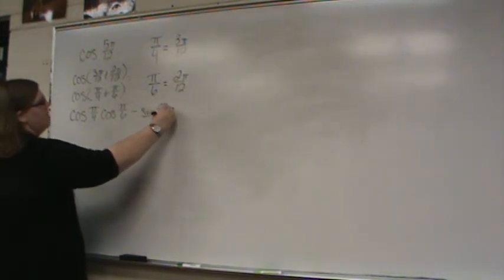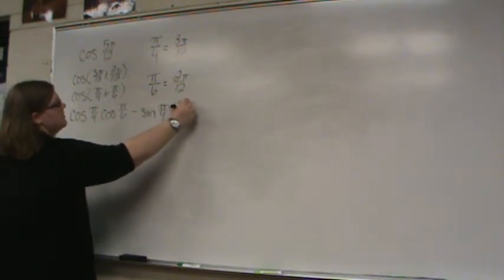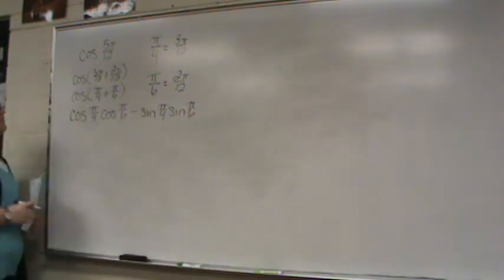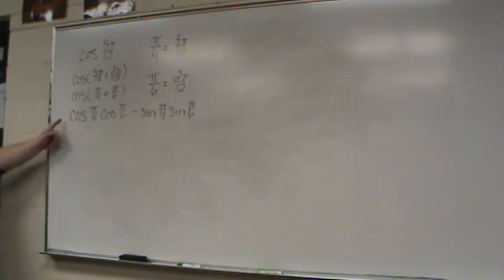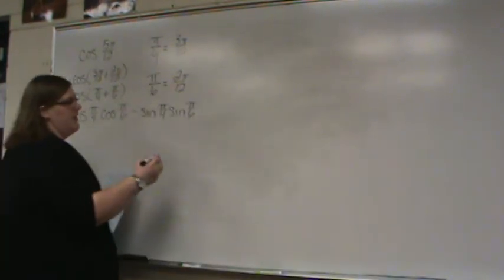Sine of pi over 4, sine of pi over 6. So now for this, we actually want to find the exact value for that cosine of 5 pi over 12. So we need to solve this. So that goes back to